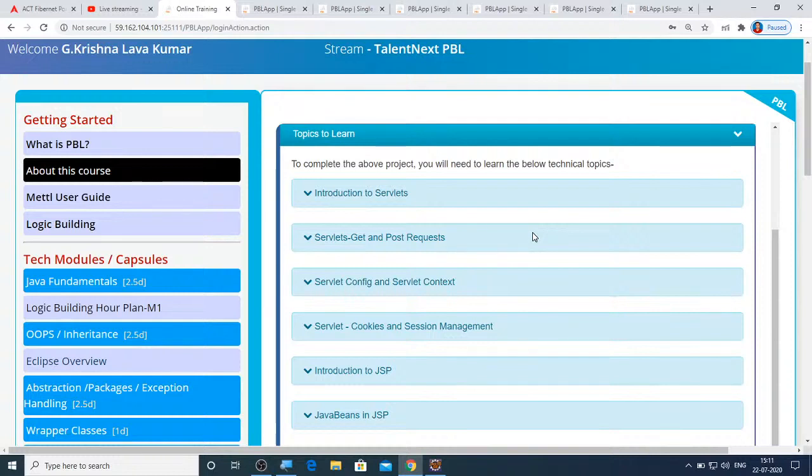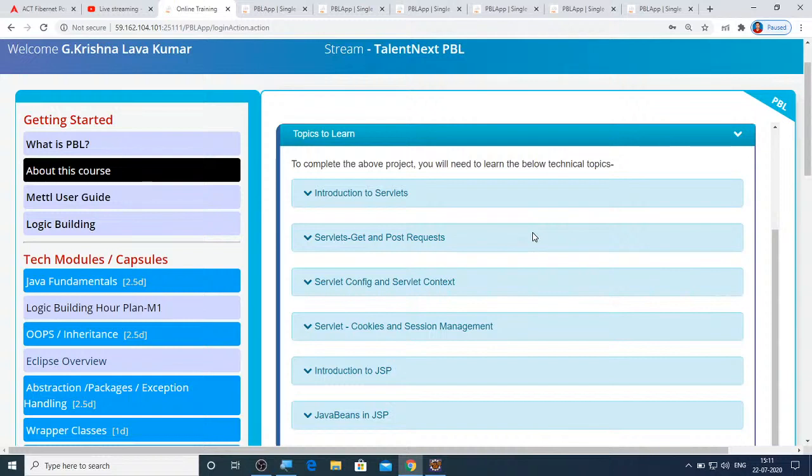But in today's world, we are not going to be convinced or satisfied with just static responses. We would like to get dynamic responses, and for generating such dynamic responses, we are learning servlets and JSPs. I hope everyone understood the context. So as web servers will be generating static responses, and we would like to generate dynamic responses, for that reason we are using servlets and JSPs.